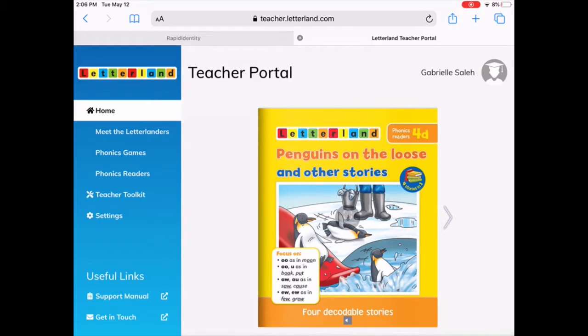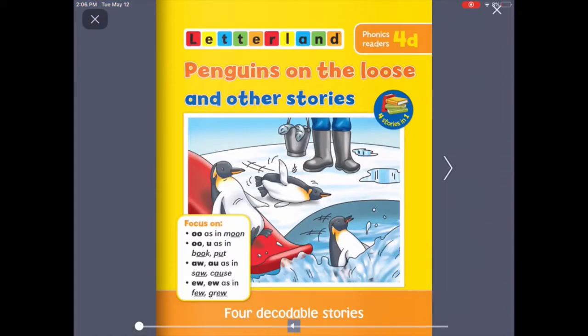We're going to be reading this book on the Letterland app. It's called Penguins on the Loose and Other Stories. We're actually going to be reading two different ones of these stories that are in this book. So while we're reading this book, I would like you guys to make a list of any words that have the boot and foot twins in them. So see how many words you can find that have oo or